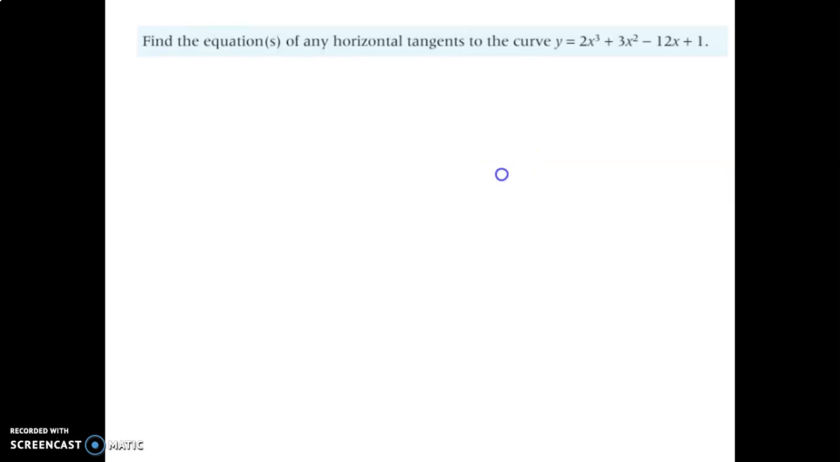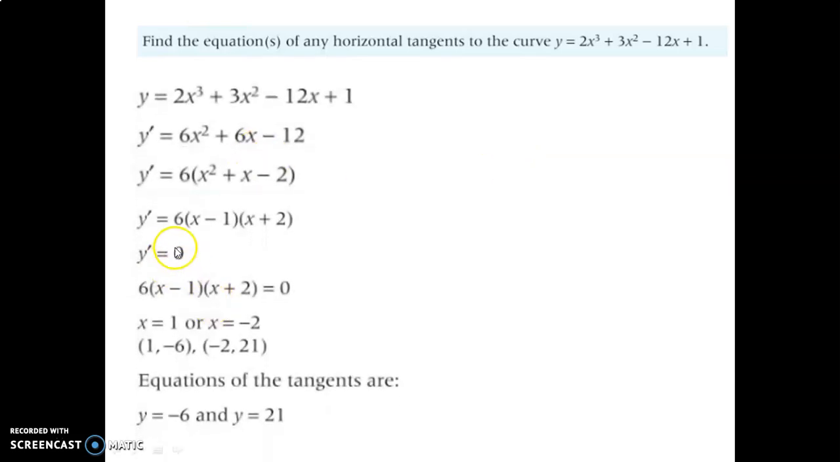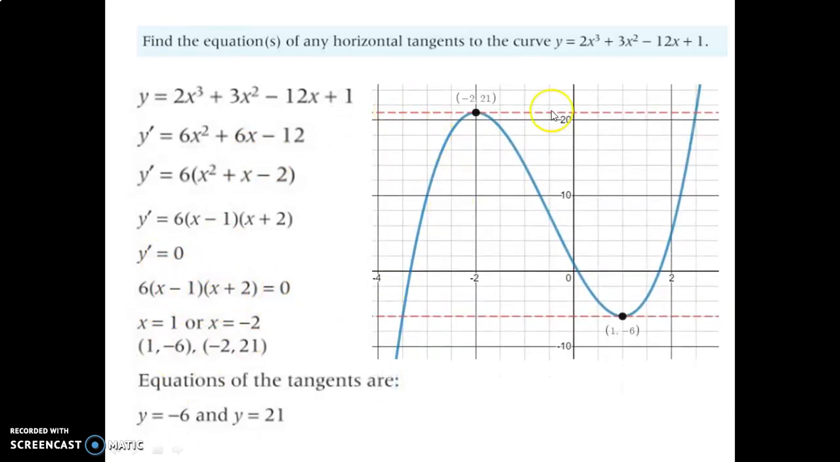Let's check our work. So here's the work for that. Here's the derivative being set equal to 0, finding the locations, and here's the graph. You can see two horizontal